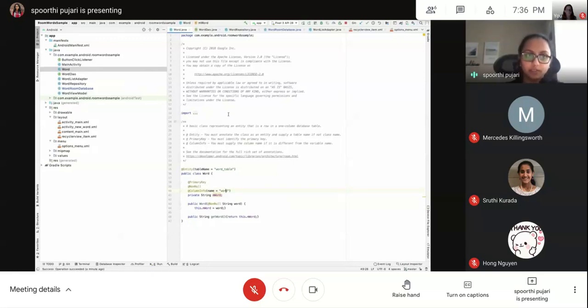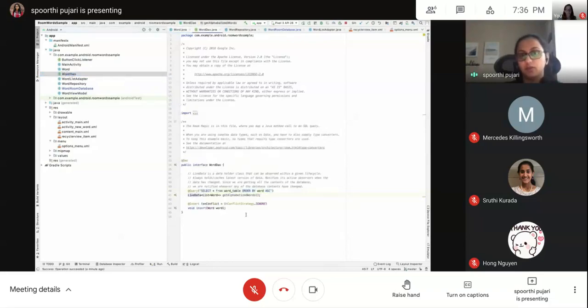So deletion is a new operation. We would have to do that in our data access object, because all our operations on our entity are done here. We already have insert. Can anybody tell me how I can do delete? Like how do I add another operation to delete here? Anyone? I'll give a hint. The annotation that we have to use is @Delete. This is the built-in annotation for deletion.